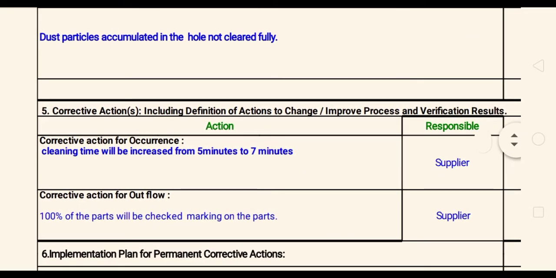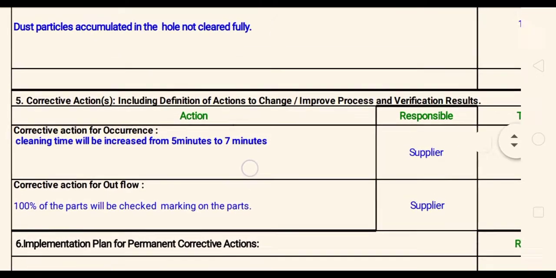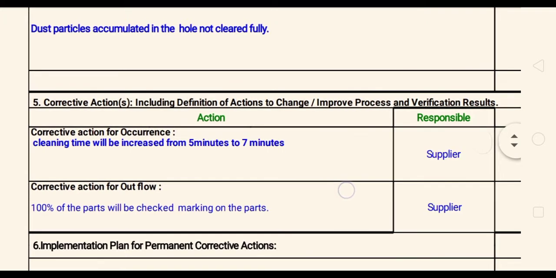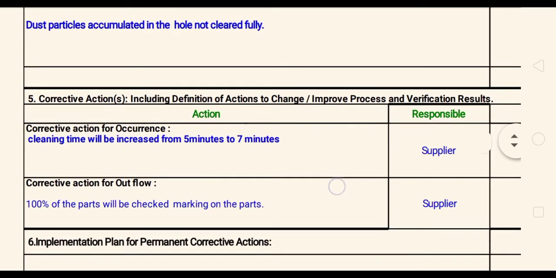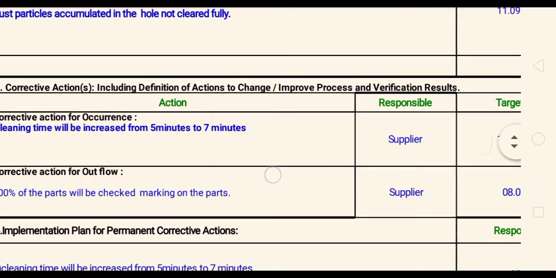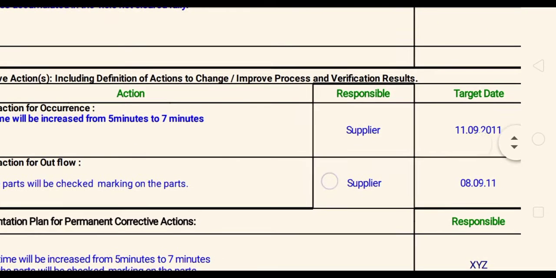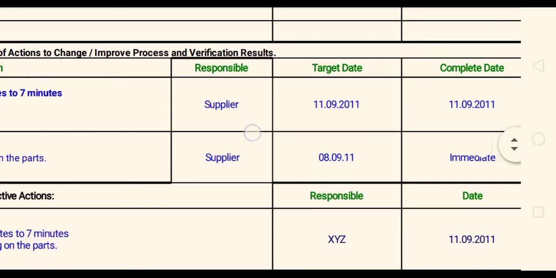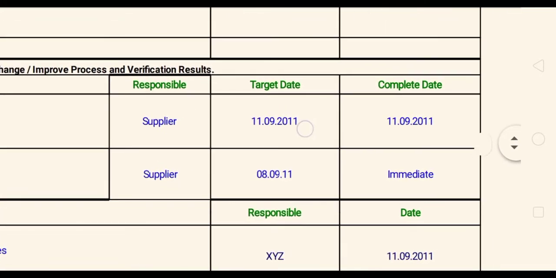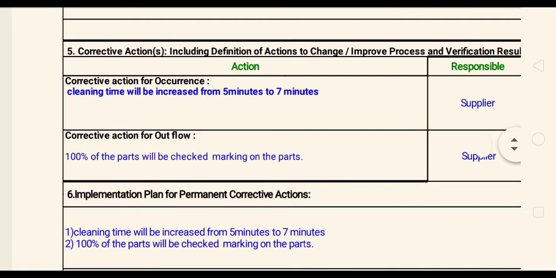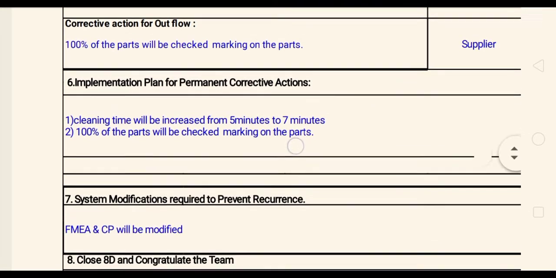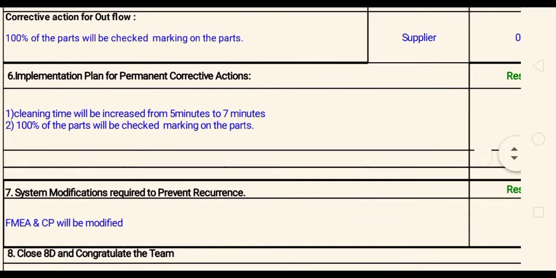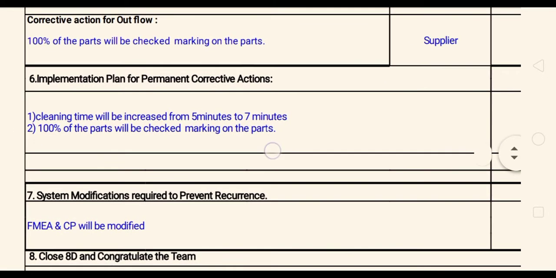And in the fifth D you have the corrective action. The corrective action is actually a temporary solution to the current problem. It's not a permanent solution, but temporarily you have to stop this, because the supply should not be affected. For that reason this has to be filled. In that column you have to fill in who the responsible person is, the target date, and the completed date. And in this there are two types: one is the detection method, and another is the permanent corrective action.